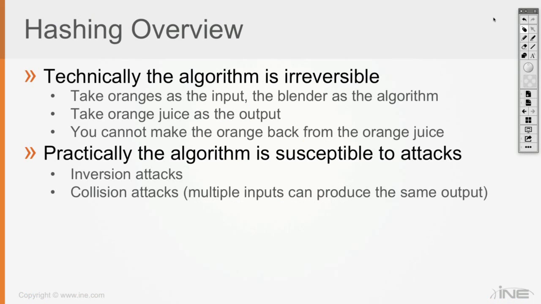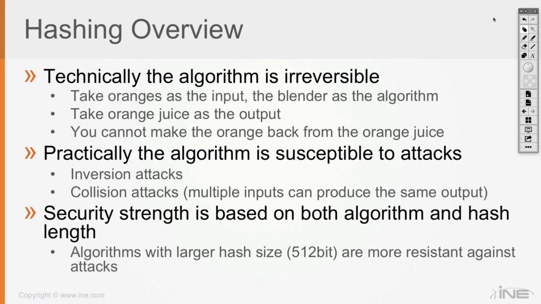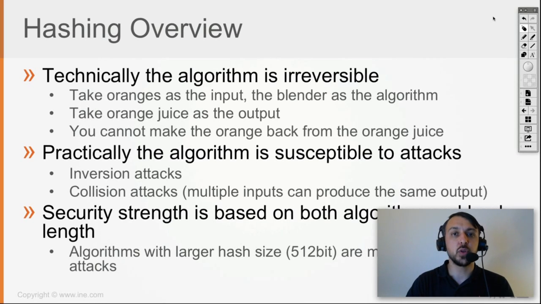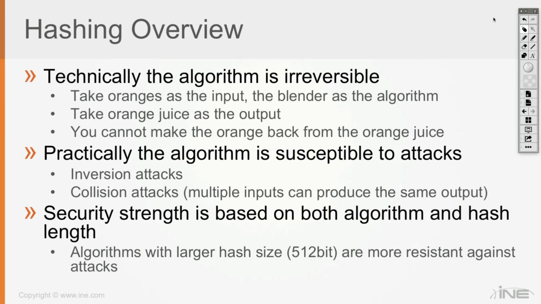Now, as you can imagine, that's one weakness of the hashing algorithm: multiple inputs can produce the same output. That makes sense, as I stated, because you're trying to represent a big packet of 1500 bytes or even bigger with a very small hash value, which is 128 bits, or for SHA-2 can be 512 bits. So clearly the strength of the hashing function